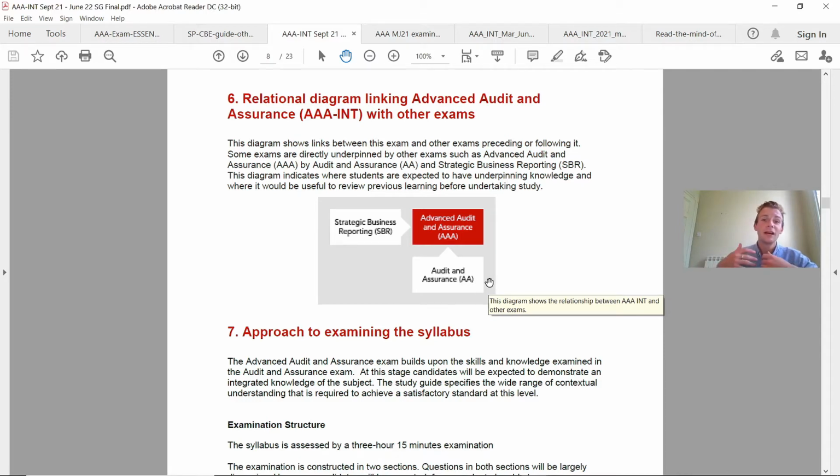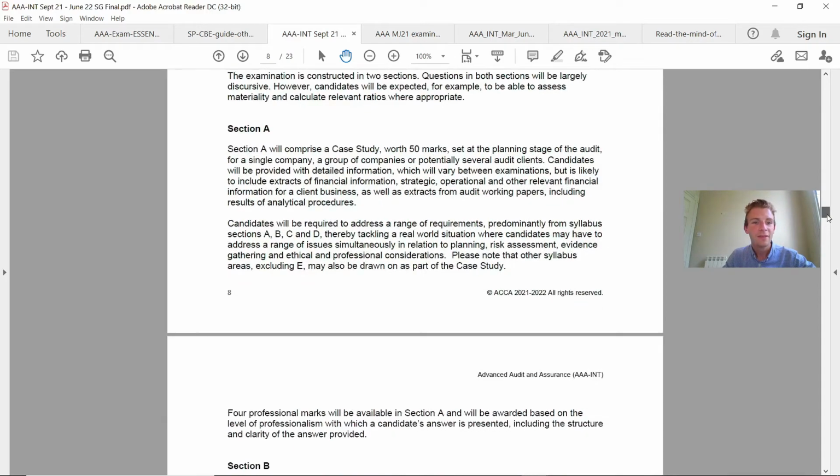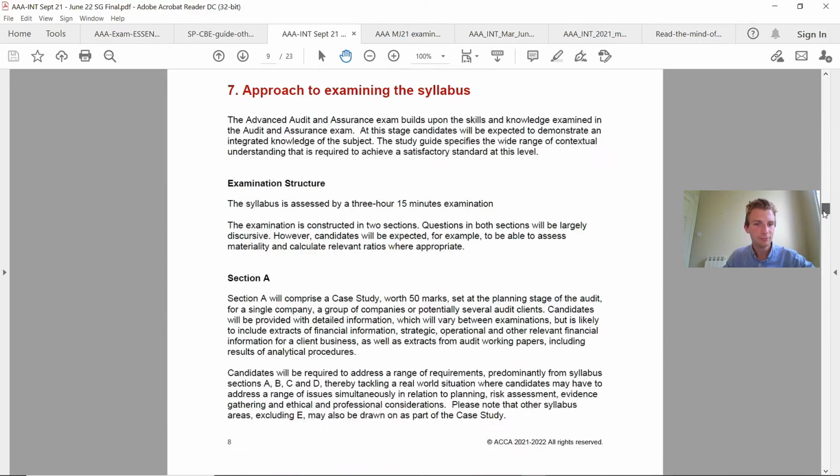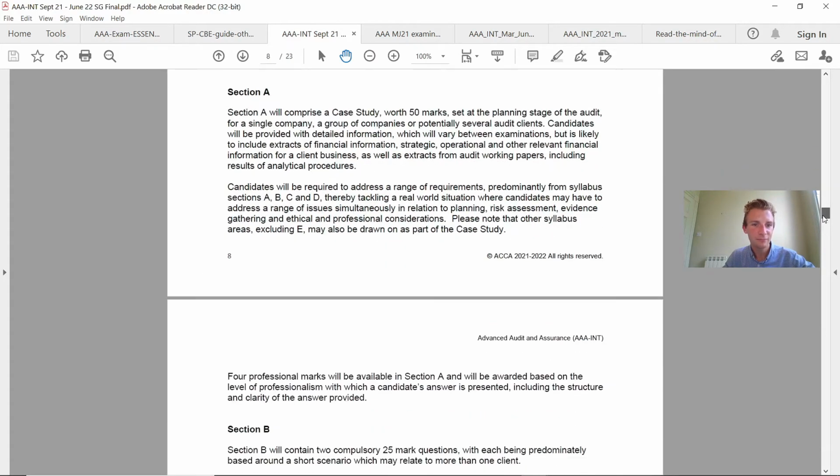So if you are coming to sit the Advanced Audit and Assurance paper now, and you're going, oh, I've not looked at audit in a very long time, well, there's your answer there for the 2 previous resources that you should be looking through. Then, as you go through, we've got the actual breakdown of the exam structure.